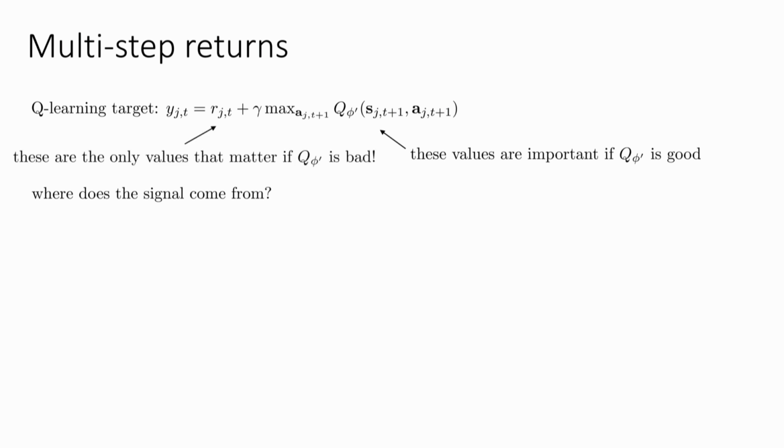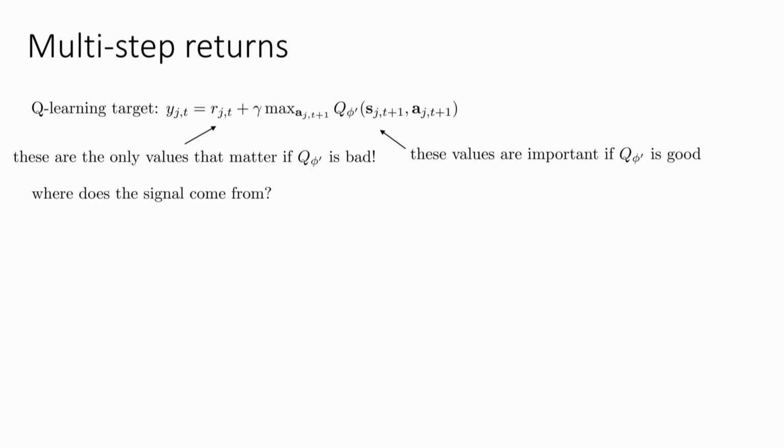But if your Q function is terrible or random, then most of your signal comes from the first term, right? So if that second term is a small random number, essentially, all you're really learning is the information that's contained in that reward. This might seem a little bit unfortunate because the first term only gives you the reward for one time step, and you'd like to learn how to behave intelligently for many time steps. So early on in training, when your Q function is bad, you're only learning about the stuff that's contained in this number, and this number is only the reward for one time step. So you're kind of not learning very much.